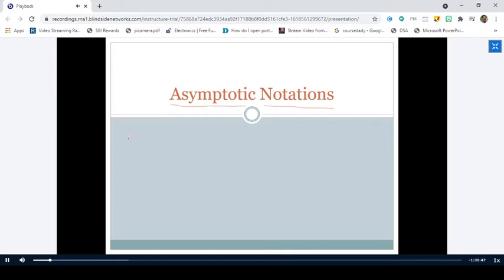When you apply the asymptotic notations, or calculate the time complexity of all these algorithms, you pick the one algorithm which has the least time complexity, and that algorithm is considered to be the best algorithm, right? All these things we have discussed in the offline classes also.